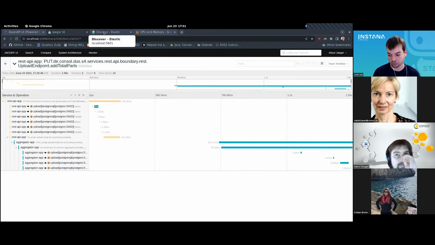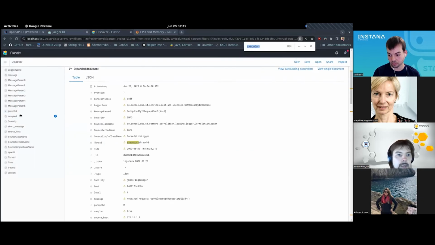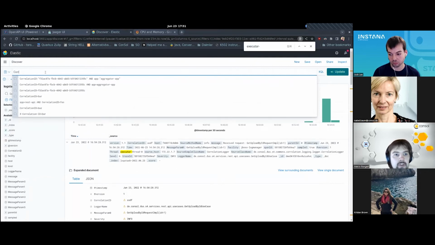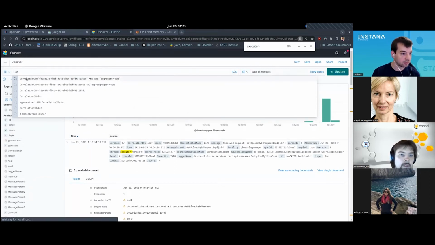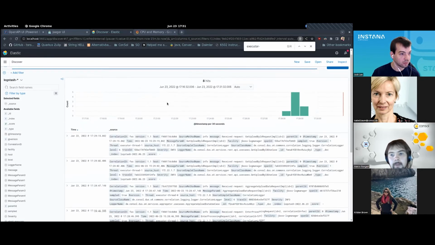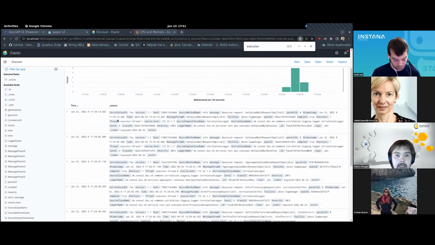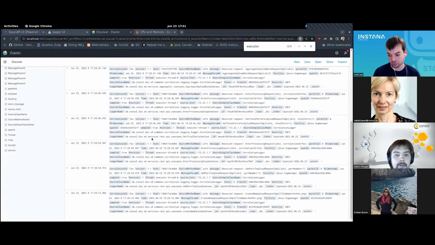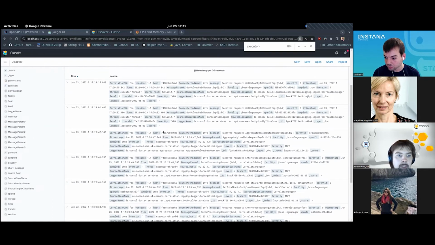Now, let me switch over to my log aggregation. And here I can say, okay, please show me everything with correlation ID. Yeah, come on, not this one, but I used correlation ID foo. And now I'm going to see right here, okay, those are all the log information I have on correlation ID foo. I'm able to filter through them. I'm able to see what's going wrong.